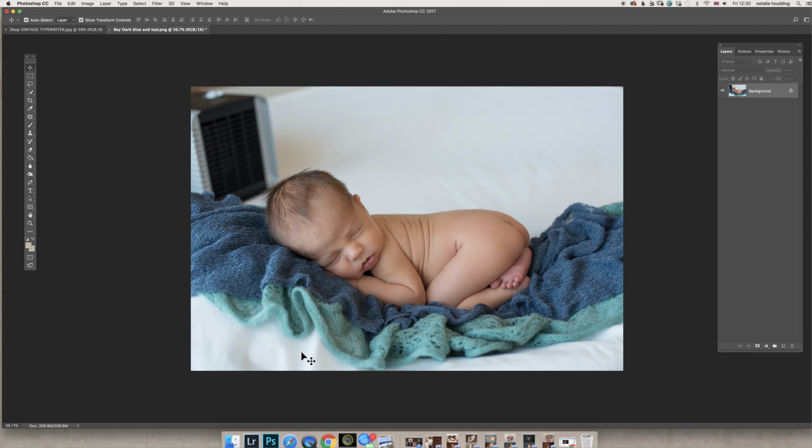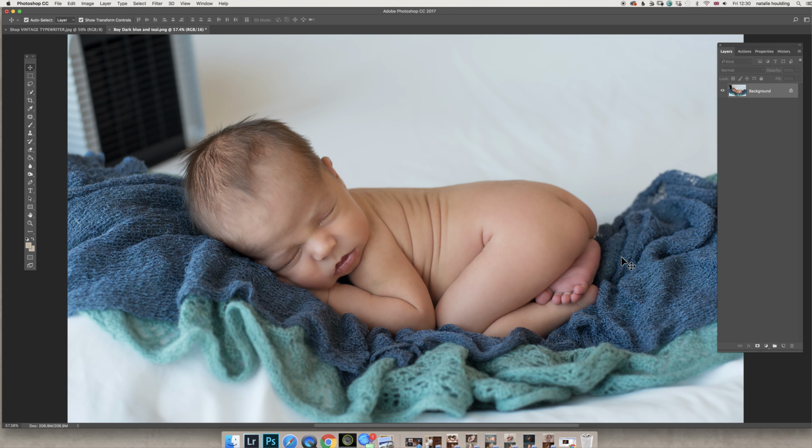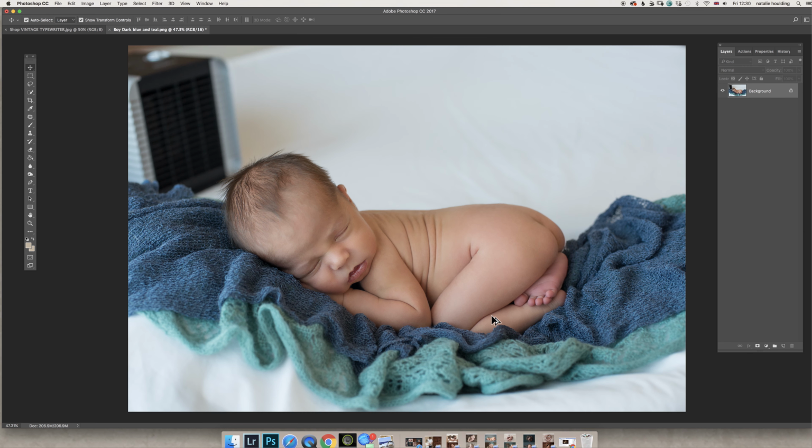I definitely did not mean for it to be part of the typewriter backdrop, but I did want to use this baby. I can't even remember why. I think I just didn't have the right position for it or something like that, so I've selected this one to be the one that I'm going to use. And as you can see, he's on a really different blanket, and the background is completely not going to match